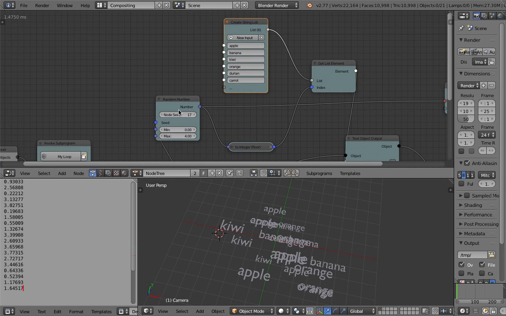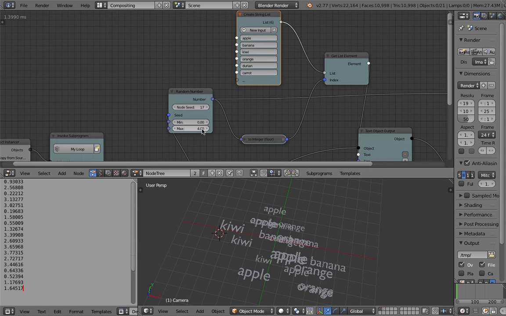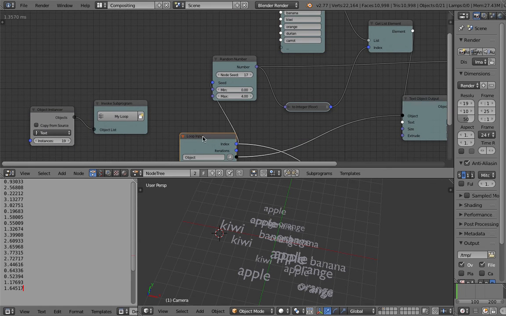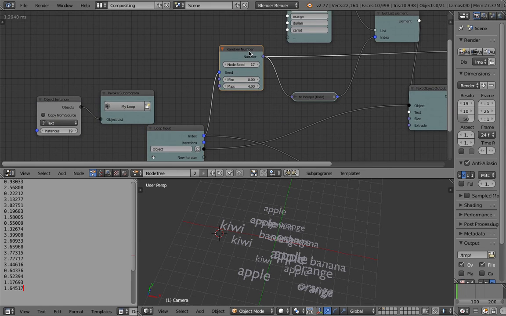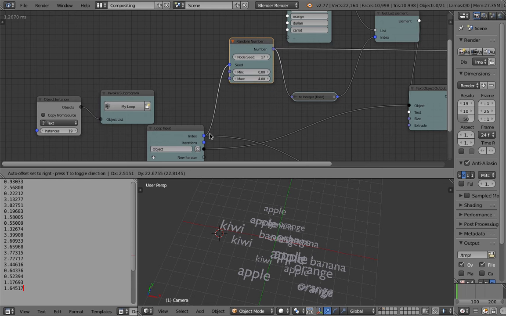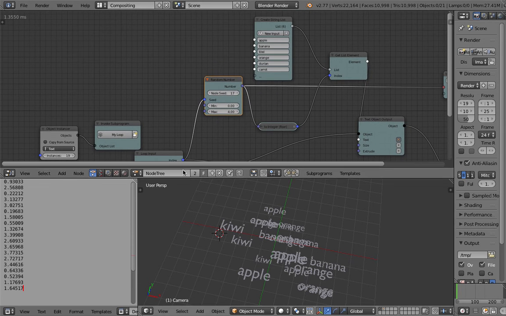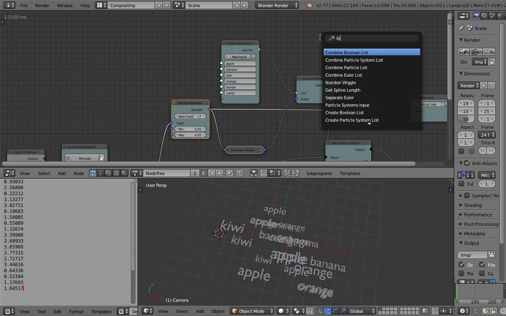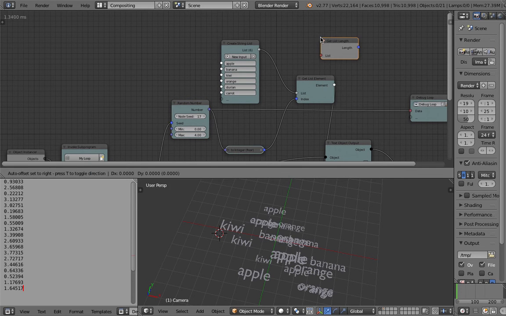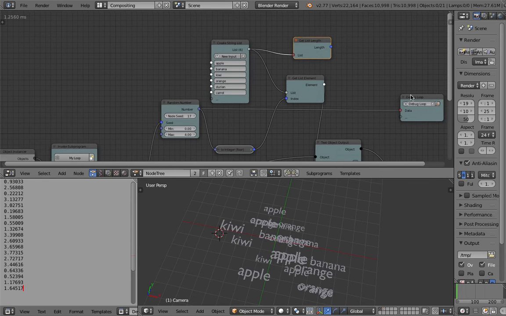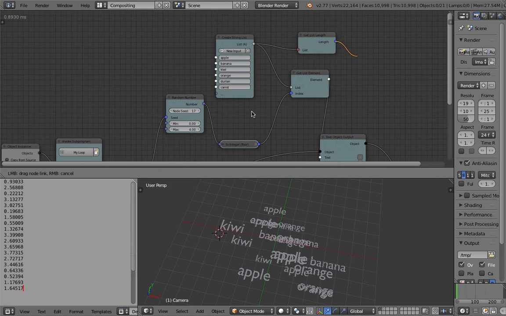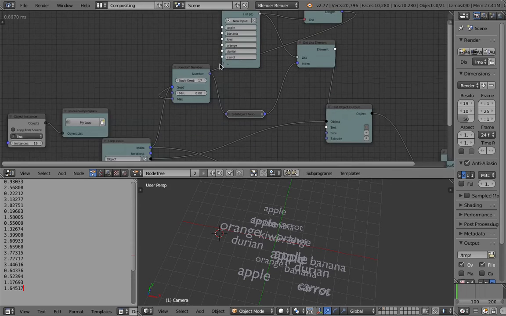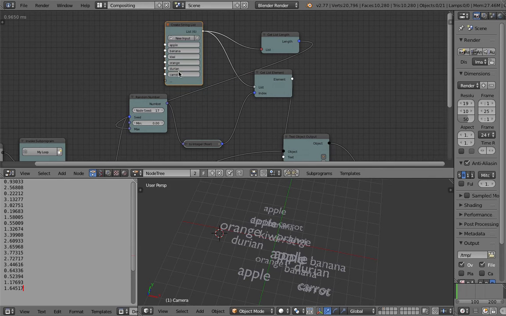One, two, three, four, five, six. You can change this to 6. But the quick way is to use the iterations here. Oh, no. Not iterations. We're going to grab the length of the list. Get list length. And then plug into the max. So no matter how many text we have here, if you increase it,